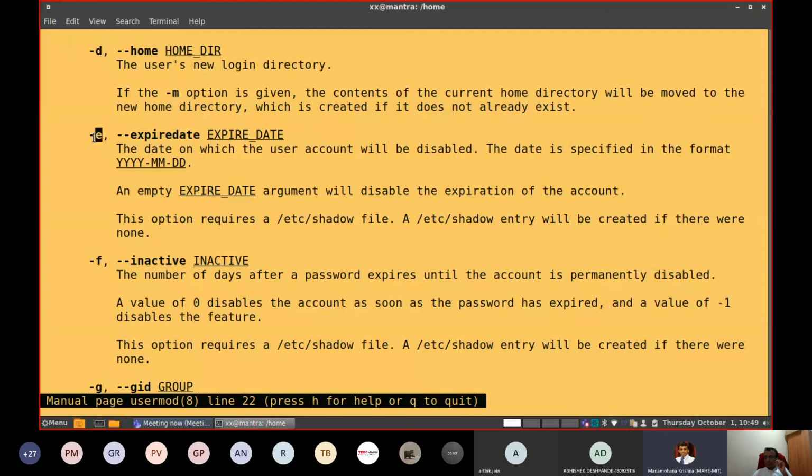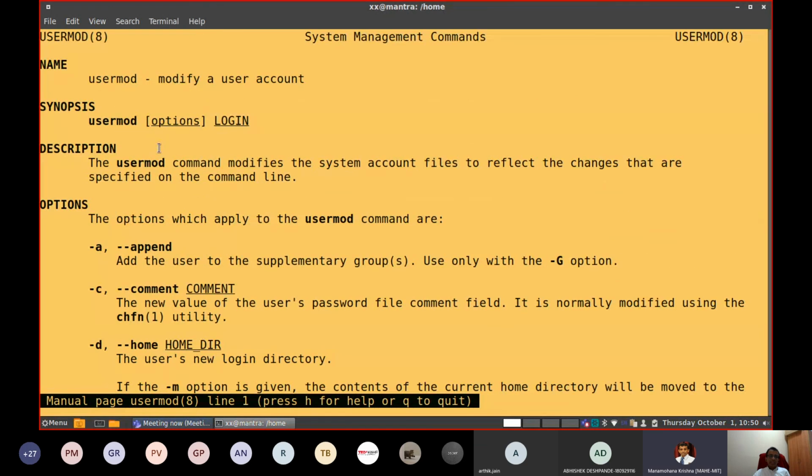Actually, this is a very important point. Sometimes you are creating a user account and you can create a lifetime for that user. You can set one expiry date also. After that date, the user account will be disabled. Sometimes assume that you are running a paid service in your Linux server. Those who are subscribing to your service, you create a separate username and mention an expiry date. Till that time, people can log in to your server. After that, that user account will be disabled automatically. Okay, that also you can set.